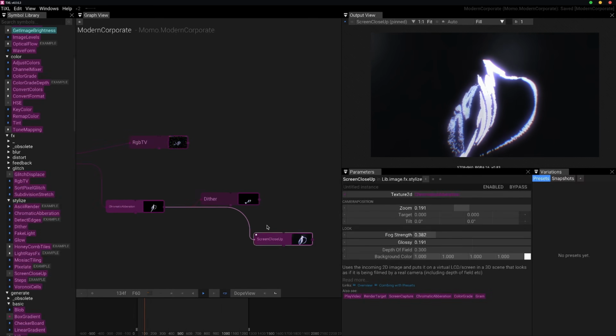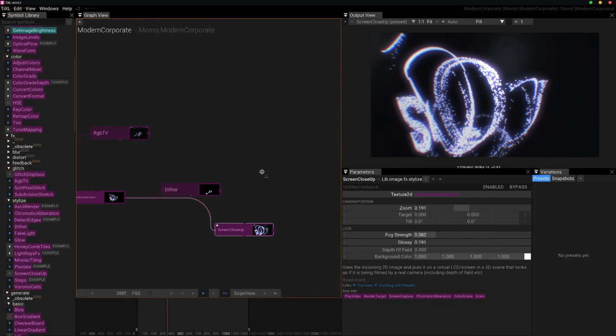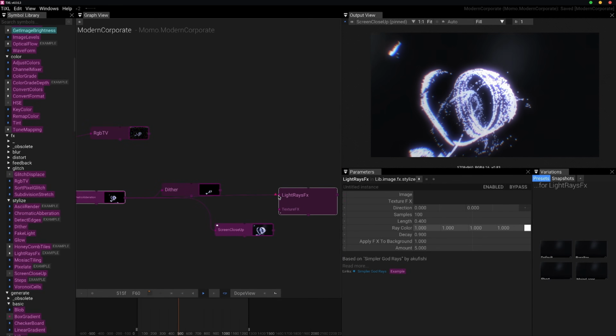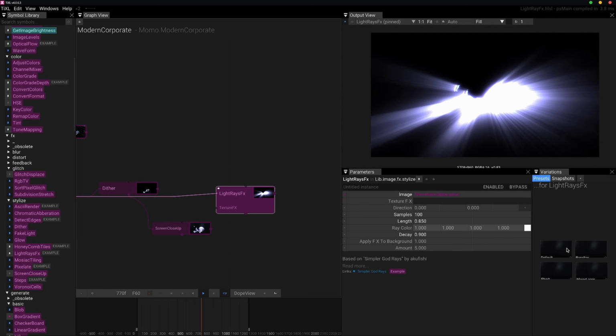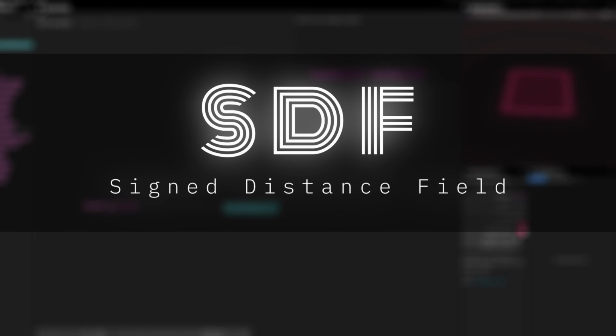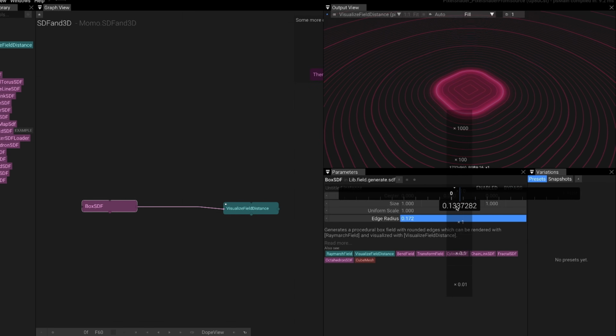Now that we covered the essential things regarding the UI and general structure of the software, I want to give an overview of what types of nodes we have, so you can evaluate what you can create with Tixel. We have SDFs, which is an abbreviation for signed distance field, and basically are math functions which distance can be used to render adjustable geometric shapes.